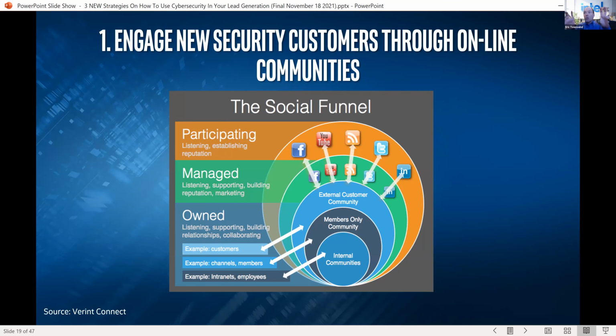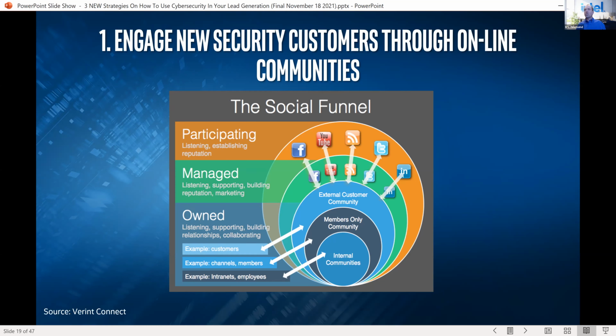So this is where in communities, we all have to go through and have a conversation and engage buyers. There's a lot of sophistication that happens on LinkedIn, but you can do that in other communities you're a part of, ones that you're participating in. In the past, I thought about you creating your own communities. That's not the case here. We want you to go to existing communities out there. There are a lot of different security ones out there. Entrepreneur Magazine actually has one. There are various ones out there that you can go and engage on.